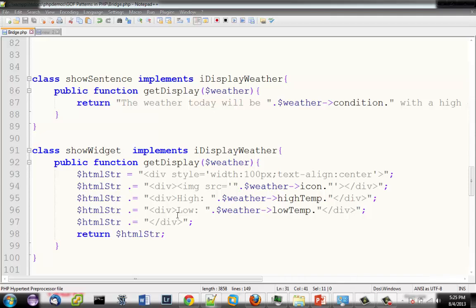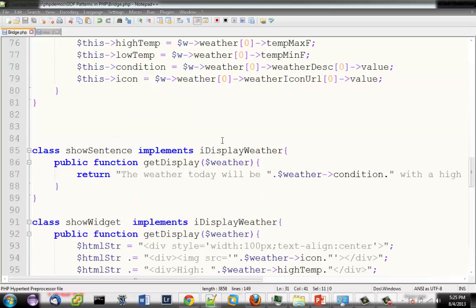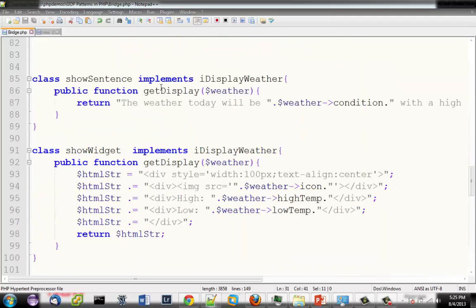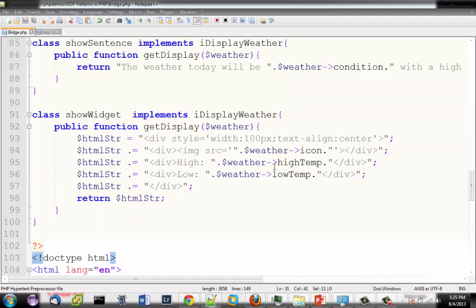So I have the weather class, which is the abstraction, and then I have the implementation of the weather class, which is the display. And this is a classic example of how to do that, except I'm using more modern technologies such as web services and HTML and what have you. And so this is just spitting back one as a sentence and one of them as something like a widget display on the screen as well.